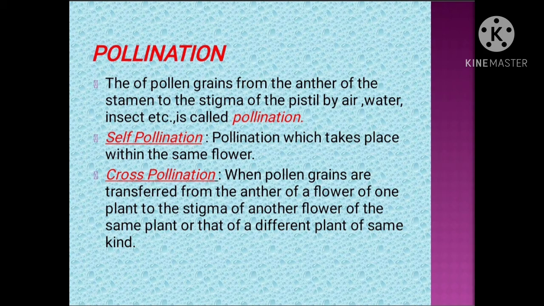For fertilization to occur, the pollen grain must first be transferred from the stamen to the stigma of the pistil. The process of transference of pollen grain from the anther to the stigma is called pollination. The pollen grains are carried to the stigma of either the same flower or of a different flower of the same kind. Most often it occurs with the help of wind, water, and insects. In nature, pollination takes place